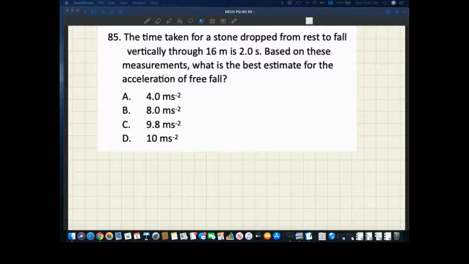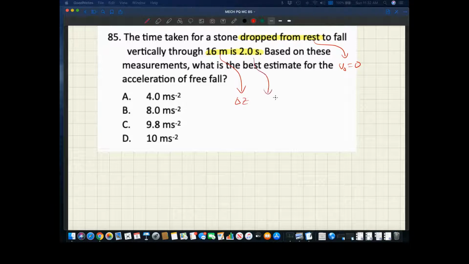Well, this question here, no graph. So we start right in with a reading of the question. A stone is dropped from rest. All right, so we're going to take note right away that v0 equals 0 to fall vertically through 16 meters in 2 seconds. So we've got our delta z